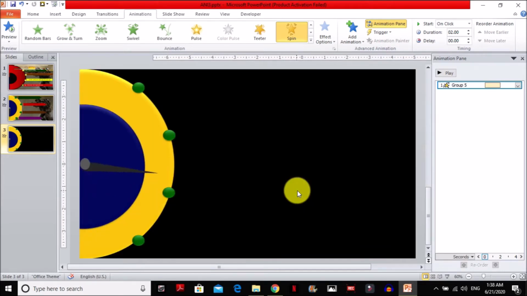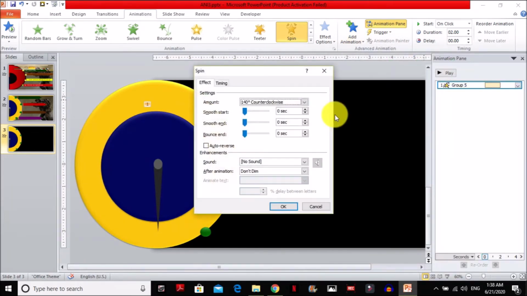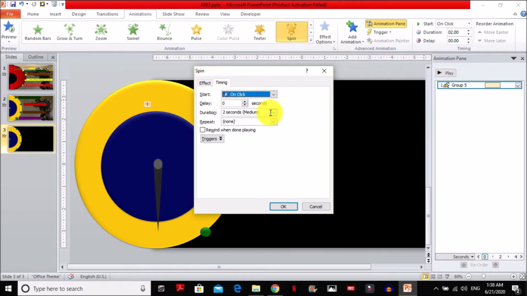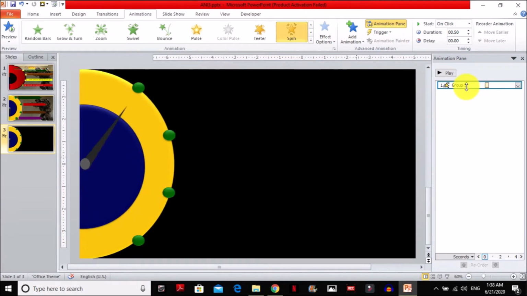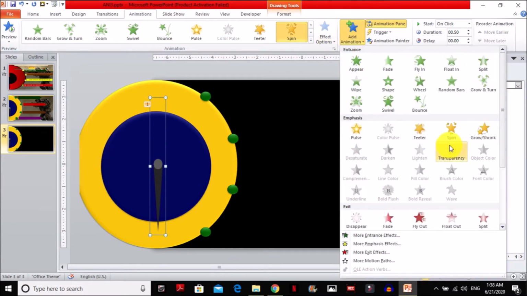Let's pause. It should be increased by some amount. Let's make it 145, and select Timing and duration very fast. Yes, now it's fine. Now select again, add animation,